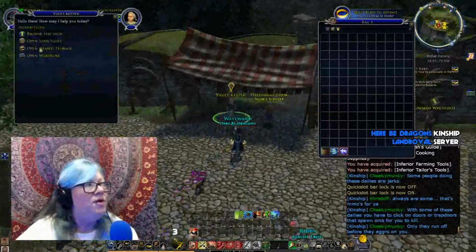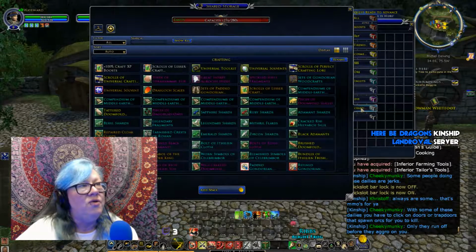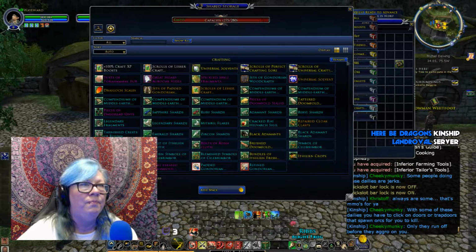I'm going to go to the vault. I'm going to open up shared storage. I'm going to go to my crafting tab where I keep all sorts of stuff, and I'm going to pull out this here universal toolkit. Universal toolkits